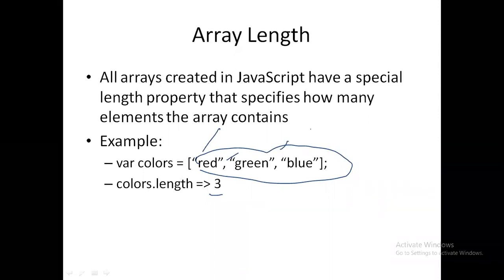When I'm telling about that, that is a position. When I'm saying this is 2, it means it is from 0 to 2, which are indicated as the index, or we call it the position of the value. When I'm saying this, it is the total count of the values.